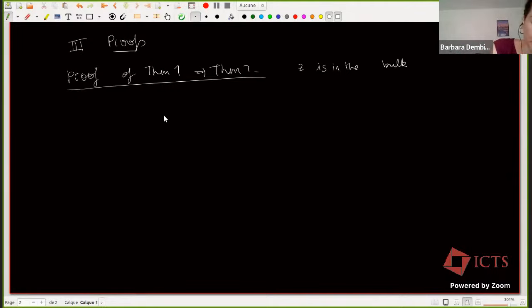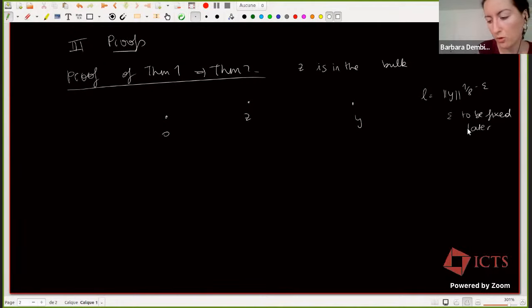So we have 0, Y, and Z. And we set L to be Y^{1/8 - epsilon}, with some epsilon that we will choose later, because we will have a small optimization. And so what we want is to control this probability. And here we are going to use an